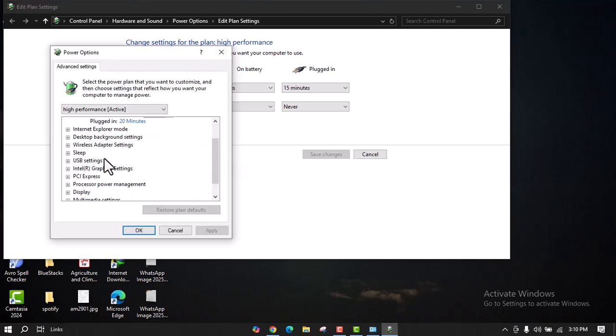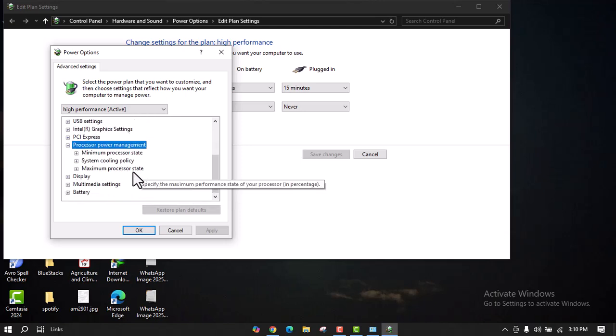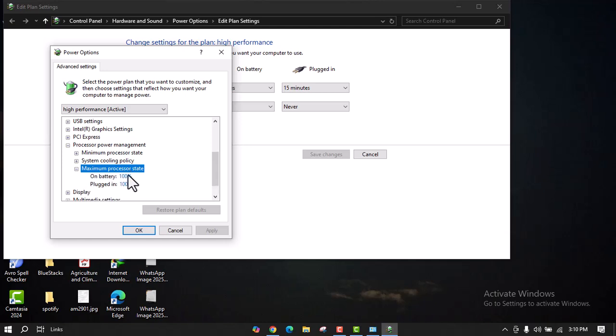And here scroll down and just click on processor power management. And here go to maximum processor state and double tap it. And here, just as you can see, it is 100% in both. So if you reduce it to 50 or 40%, your CPU power consumption will be low, your temperature will be